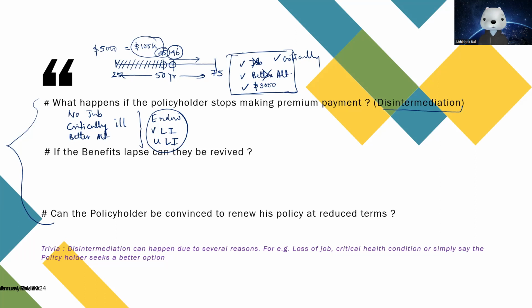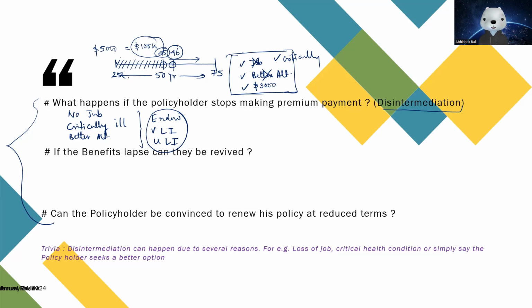So you need not be tied down with an insurance company just because you signed with that insurance company 20 years back. A lot of things can happen, a lot of things can change. And yes, the answer lies in all of these variants of whole or ordinary life insurance policy. So you have an endowment policy where the exit option exists beyond the lock-in period. So as we said, in this case,